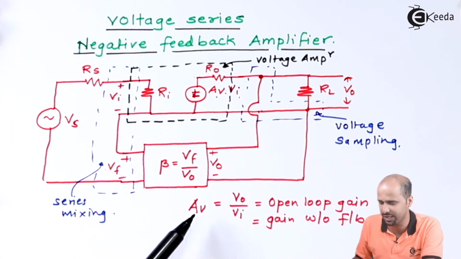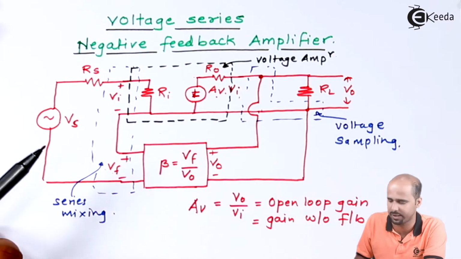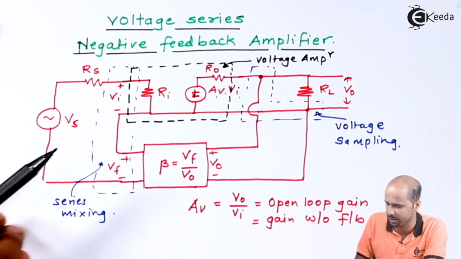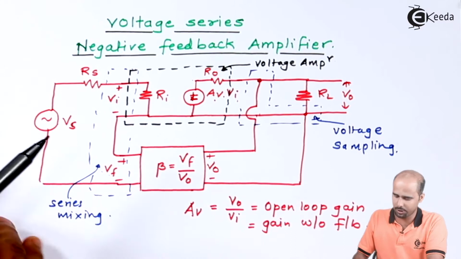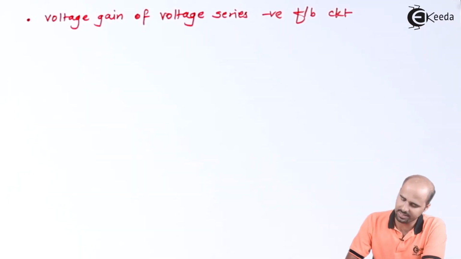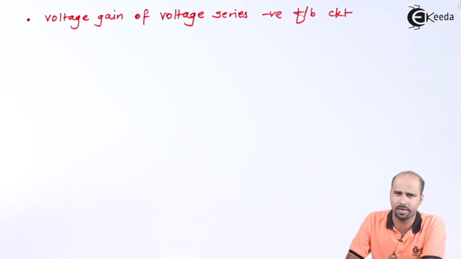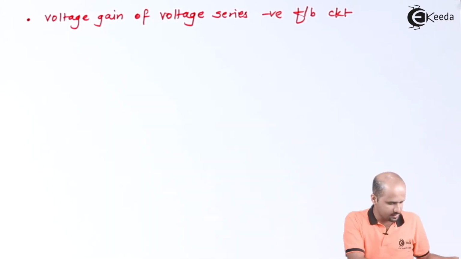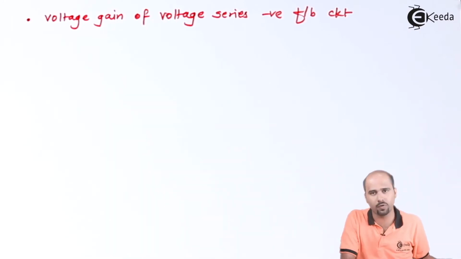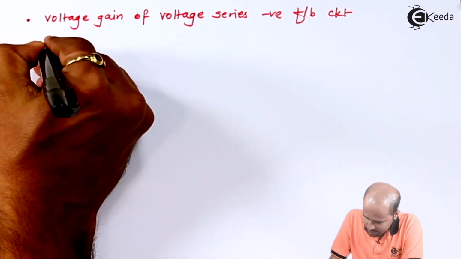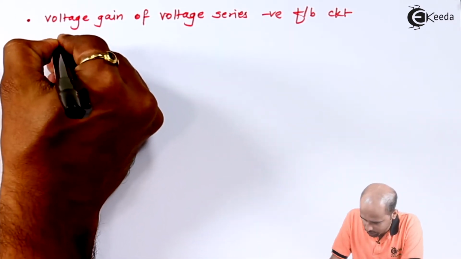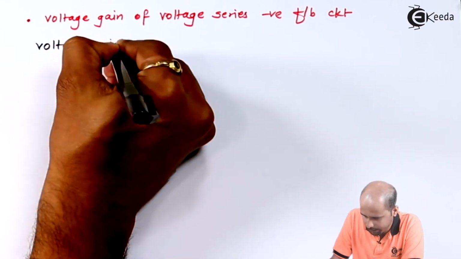So that is nothing but AV in case of voltage amplifier, in case of voltage series negative feedback circuit. Now let's come to the particular part of the analysis: voltage gain of voltage series negative feedback circuit. Simple. Now let us understand the fact that I want to find out voltage gain. So voltage gain will become, it's nothing but